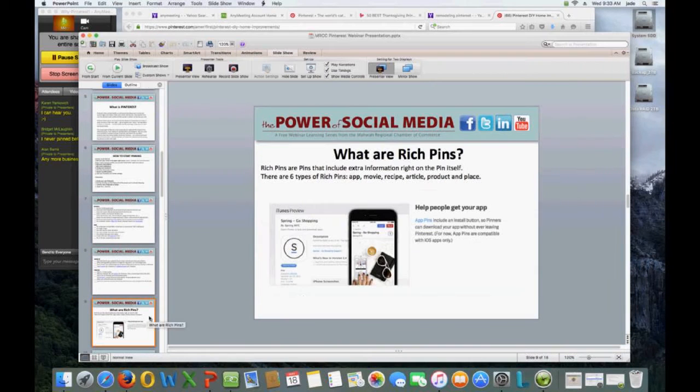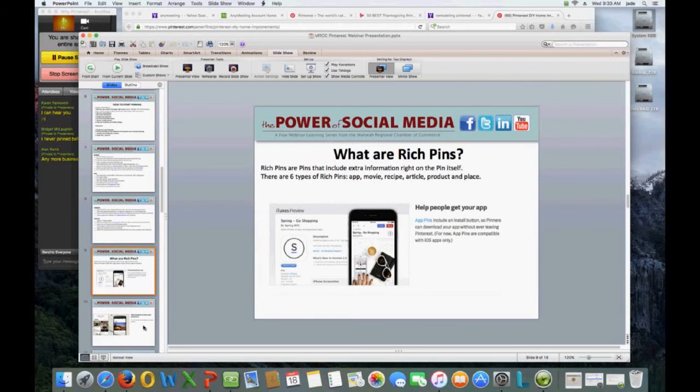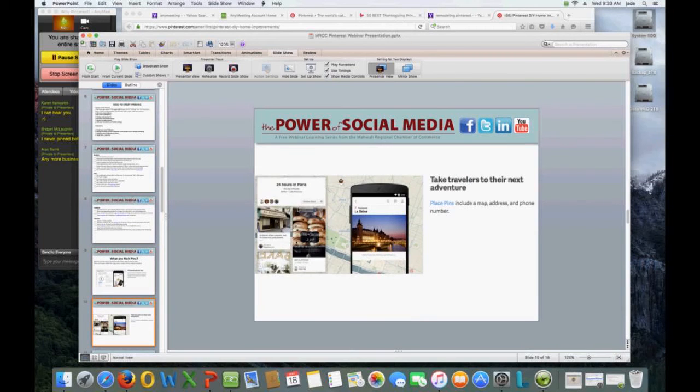And okay, so let's just go back to what rich pins are. Rich pins are pins that include extra information right on the pin itself. And there are 6 types of rich pins: app, movie, recipe, article, product, and place. You can definitely do place pins, which include a map, address, and a phone number. Take travelers to their next adventure.